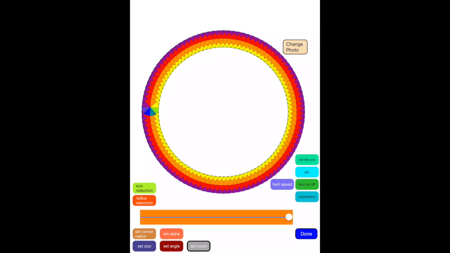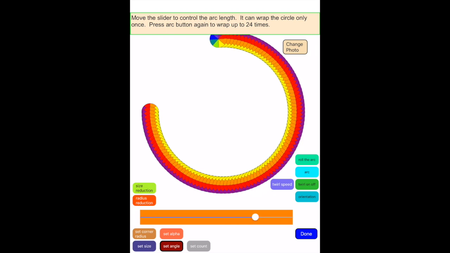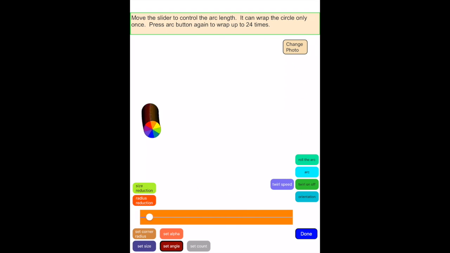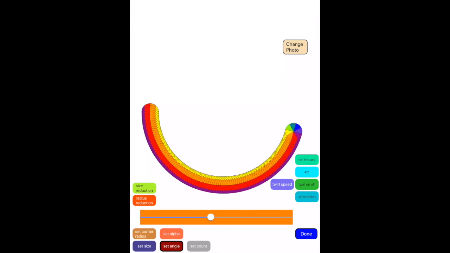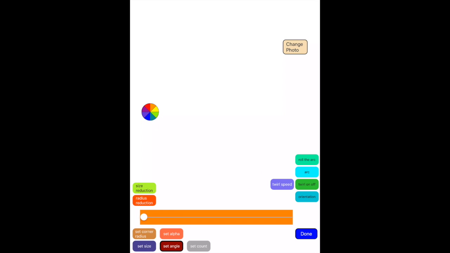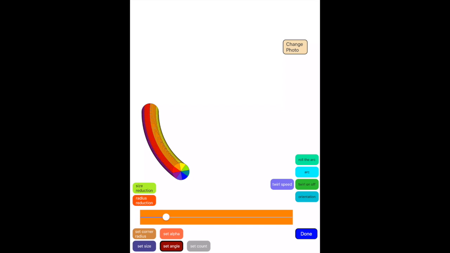Now let's press the light blue arc button on the right and then move the slider. The slider now allows the placement of images on the circle to be compressed to any desired fraction of the whole circle. You can even compress all of the images down to a single point. Software developers could easily animate any compression or expansion with a single line of code if this technology becomes part of the SDK. We would expect that compression and expansion of images on an arc would be a popular use case by software